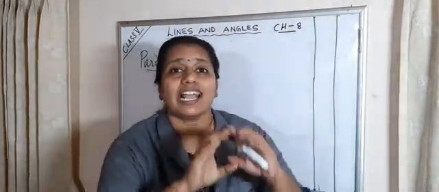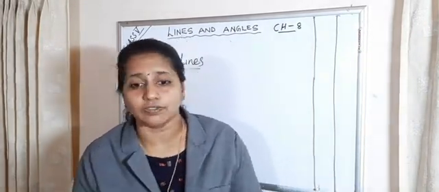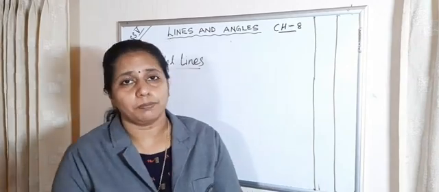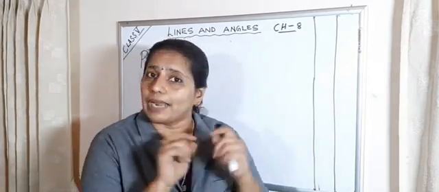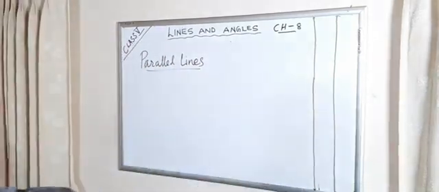Okay, just watch the edges of the windows, or edges of the table, or edges of the desk or bench in your classroom, or edges of the blackboard, or edges of the walls. Okay, I'll show you. Look at here. It is a very good example of parallel lines. This line and this line. When we extend these lines, they will never meet, and it is also an example for parallel lines.